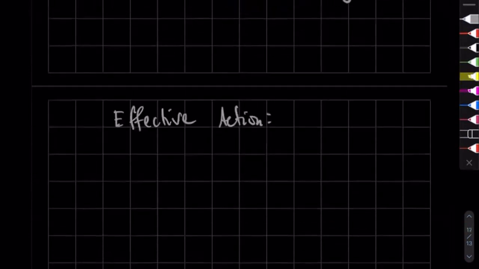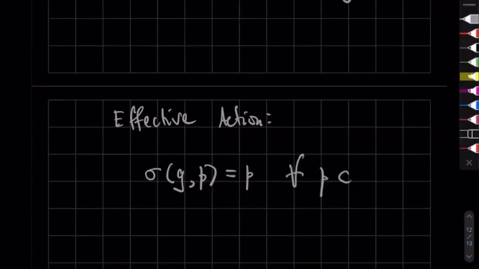So an effective action is if the action of a group element on the manifold is fixed for all the points of the manifold, where the group element is not the identity. If that is the case,